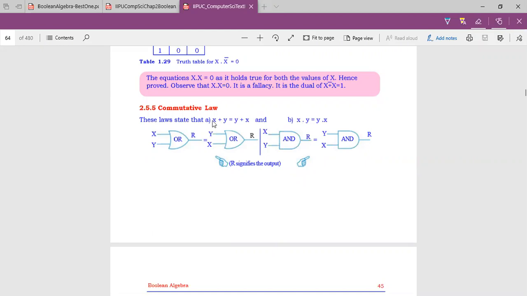That means x plus y is equal to y plus x. This is a very common law, correct? In algebra, you have seen it in high school classes. When adding two values, for example, 10 plus 5 is the same as 5 plus 10. There is no difference, correct? The same law. But which variables are x and y here? These are logical variables. They can take only two values. Of course, all variables in Boolean algebra can take only two values, 0 and 1. That is why it is called Boolean algebra.